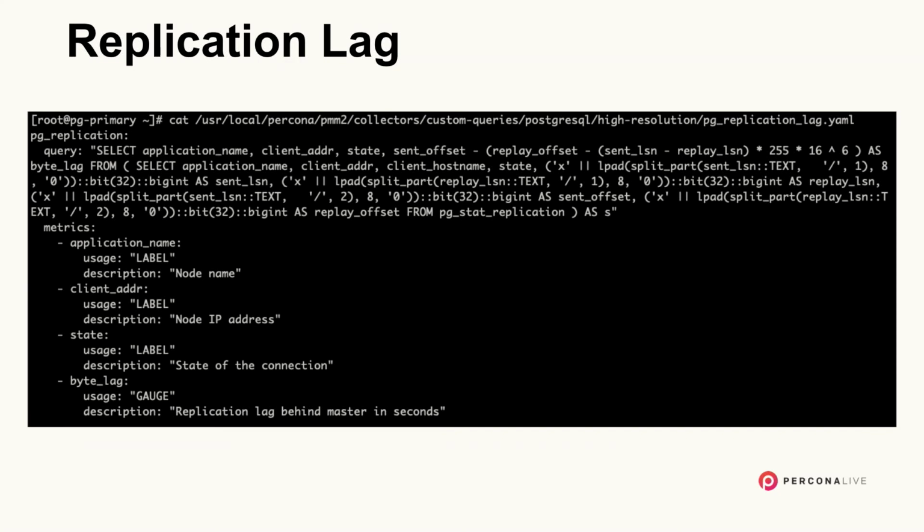So in here we will get the query field. This is a YAML, or your regular YAML file, right? So this will query, which is the query that will be run every 1 second, 10 seconds, or 30 seconds. And then we have